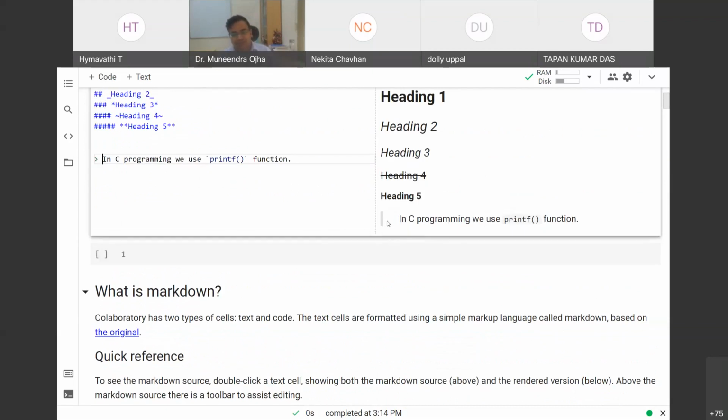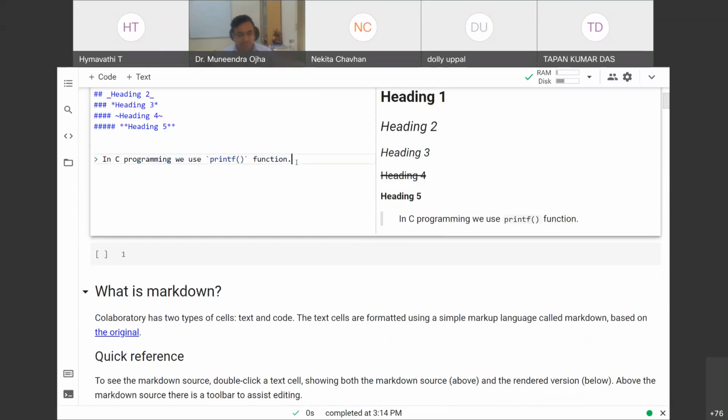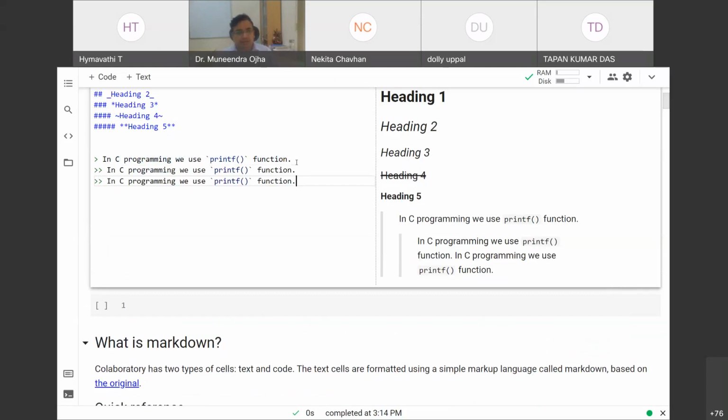It puts a tab space before the text. I can do multiple indentations, and it will do it like this. Multiple indentations are allowed.